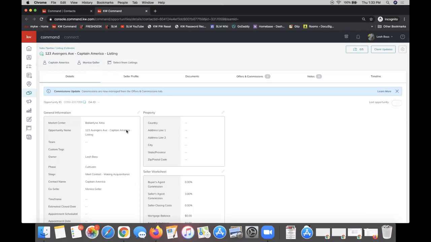And if you chose to do a listing opportunity, okay, you will have the option to select from listings. If you chose to do a buyer opportunity, no worries, that's really the main difference here. You can just watch on my screen, you won't have this option. But if you are representing the listing, this is really helpful to help autofill the property details into this box right here that I've highlighted, which then autofills onto all of your forms in Docusign. So for example, if I click select from listings right here,